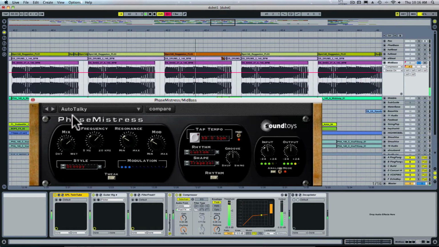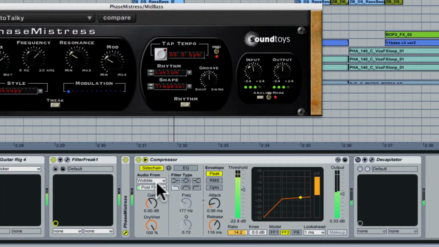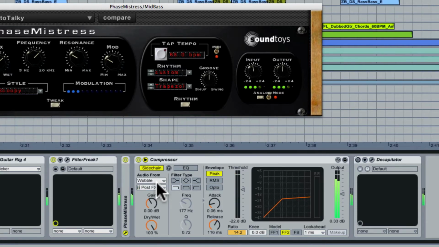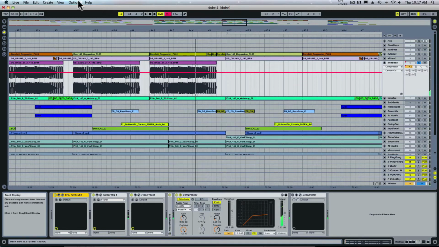See, the thing with this compressor, you can hear it really drastically cut out, and that's because I set up a side chain from this loop sample that I like to call wobble. The reason is whenever this wobble hits, you want the gain of this particular track to duck down so that it makes space for the wobble in the mix, because they both lie in that bass frequency range, and when you have multiple tracks in the same frequency range, they often tend to muddle one another. So a good way to compensate for that is to use some sort of side chain like I set up right here. And let's throw in this last plug-in,